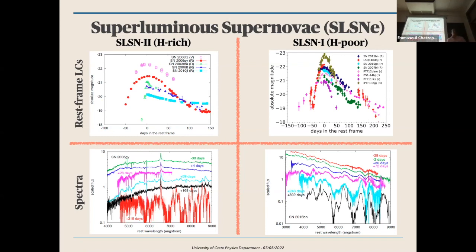The question now becomes, okay, just because you don't see signs of interaction, does that mean that interaction does not power the luminosity that you see in this bright superluminous type 1? That is an open question that we're trying to resolve with my group. The other thing that I want to put attention to, and you see some light curves on the top here for both